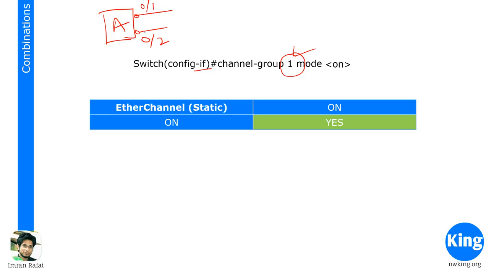also should match. So if at all one of these ports is an access port, the other one has to be an access port. If it's a trunk, then both of them have to be trunk. If it's a trunk, then even the native VLANs should match, right? So a lot of aspects should match, and only when that happens would they form a port channel,